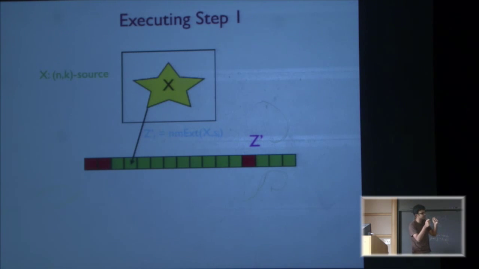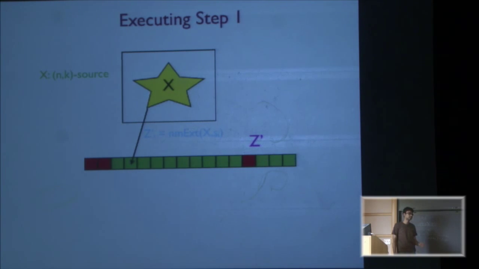So you want this joint distribution to be close to uniform. Sorry, at least the first bit to be close to uniform, given the other things. And this should hold for most seeds. So this is the definition of a non-malleable extractor. And by a recent work, we actually constructed such extractors for polylog min-entropy, which is crucial in this application. You can take this to be the definition of non-malleable extractor.